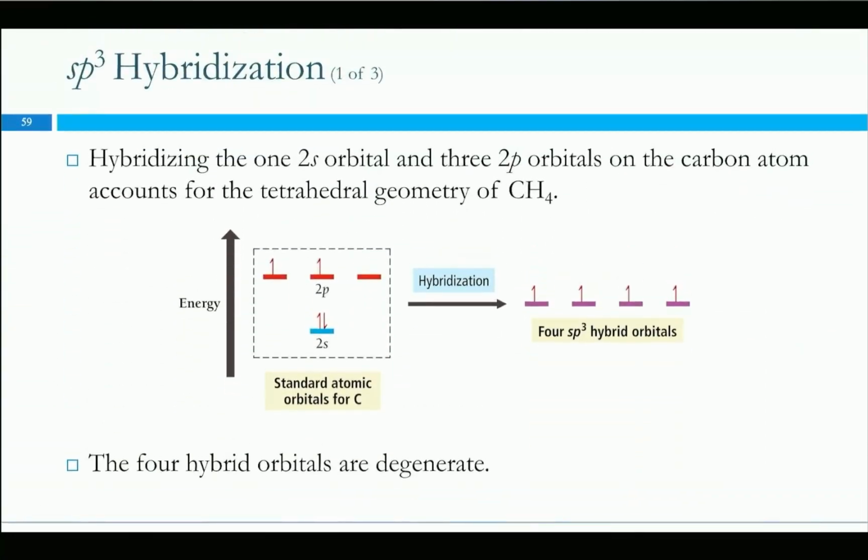Basically this sums up all of it: if I want carbon to form 4 bonds that are all equal energy, then we're going to have 4 hybrid orbitals. And so the combination of this 2s orbital going up in energy and the 2p orbitals coming down in energy forms these 4 degenerate orbitals. That's what I want you to take away from valence bond theory. Half-filled orbitals. Why do they want to be